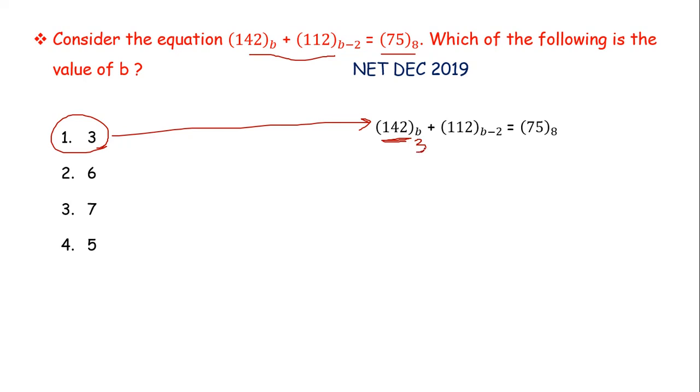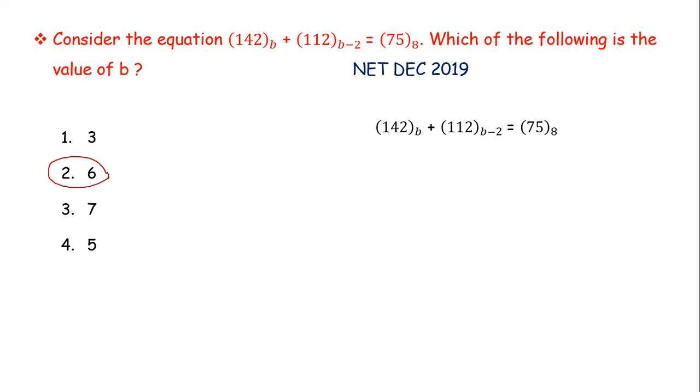Now if we put 3 in this equation, here you can see 142 base b, if you are taking the value of b as 3. Now we know that if a base is 3, then its digits can vary from 0 to 2 only, right? If the base for a number is b, then its digits can vary from 0 to b minus 1. But here we have 142, here we have a 4. But if we are talking about base 3, we cannot have 4 in our value. So base equals 3 is not possible for this question. So this is a method to eliminate some options. So 3 cannot be our answer. We will just skip it.